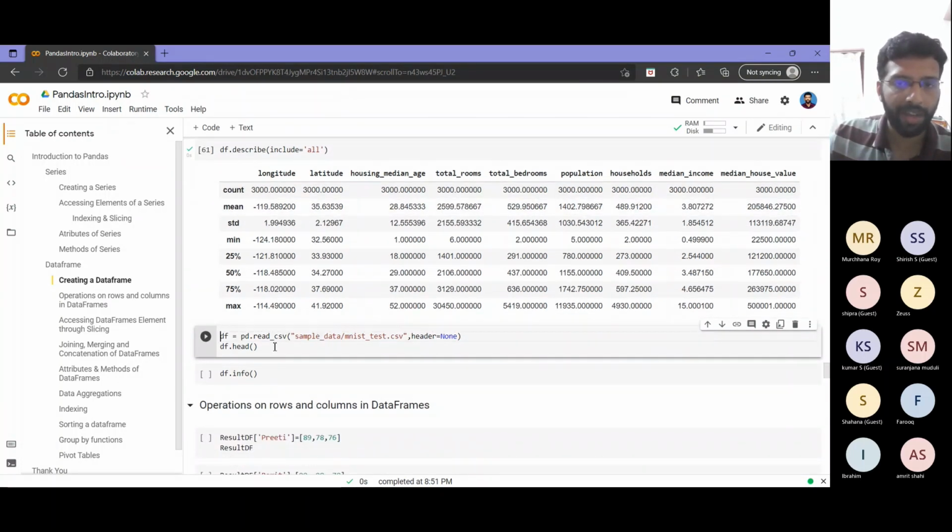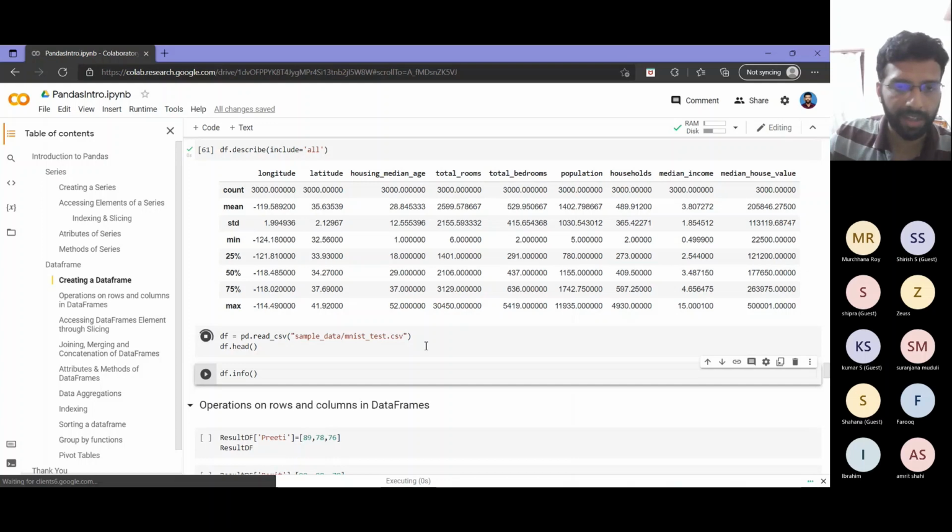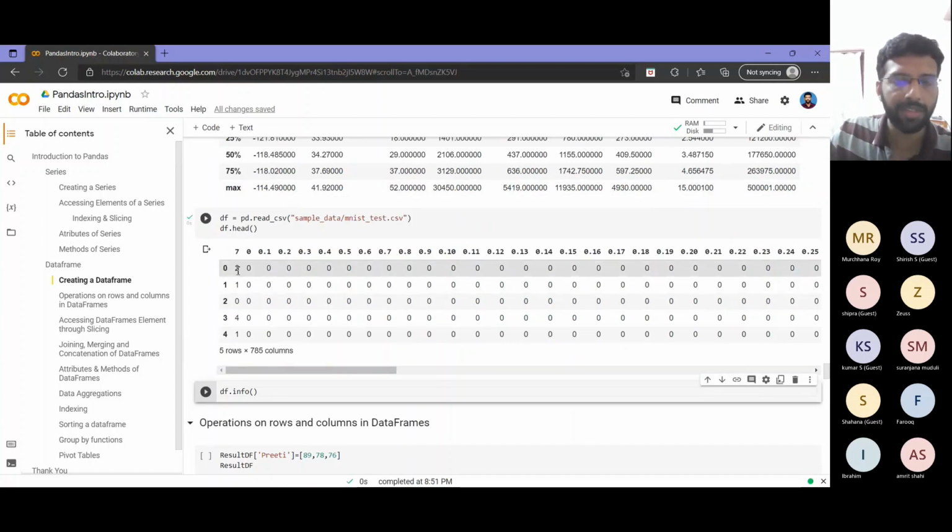Now suppose I have some other file. This is also again from the sample directory. If I read that, as you can see here, the first row in that was automatically taken as a header row. But if you see from the data, that doesn't actually seem like a header row, because that is just like the second row. It is not actually a named row, and it has values like point 1, point 2 and all. So it doesn't seem that this is actually a header row.